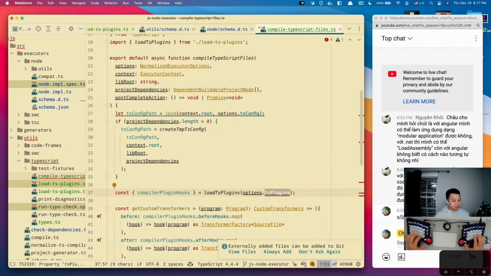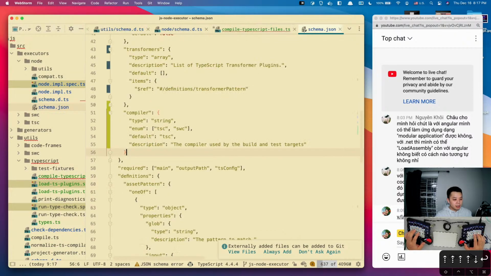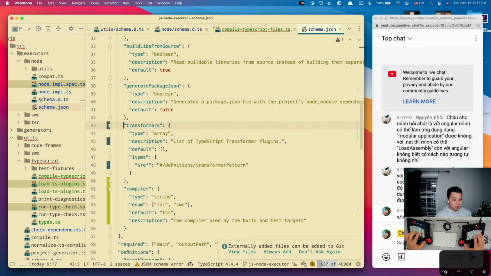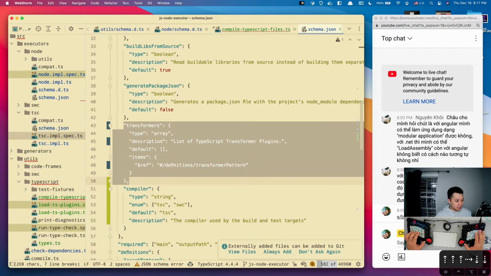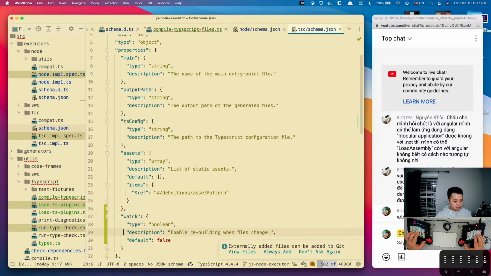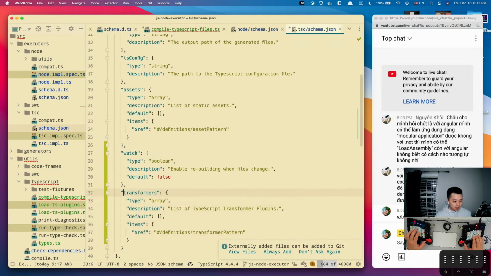Yep, we need that transformers. So we need the transformers, which means that I need to again bring this over to the TypeScript as well, which is TSC schema, right? You need that. Save, and